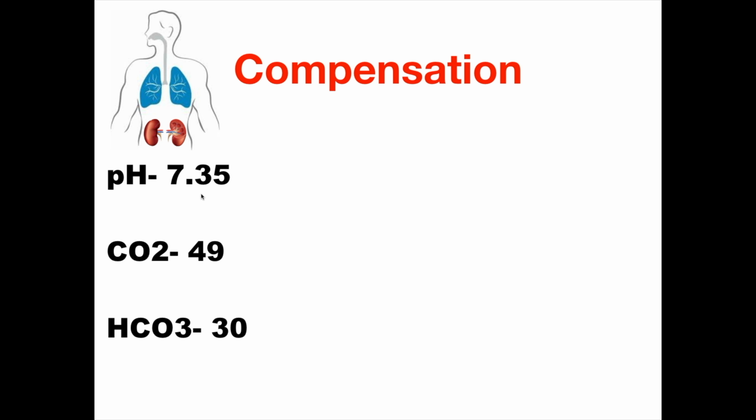We have a normal pH. We have an elevated CO2, which could indicate acidosis, but at the same time, we have an elevated bicarbonate, which could indicate alkalosis. How do we read this one? There are two steps to interpret this. First one is to know your patient's diagnosis. This would be one of the most accurate ways to read this ABG.